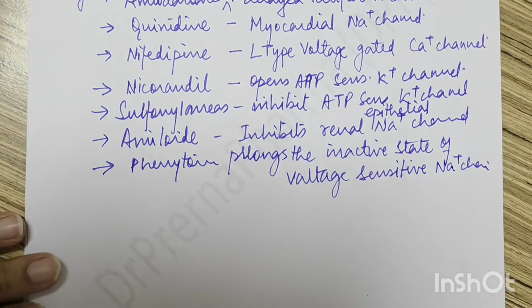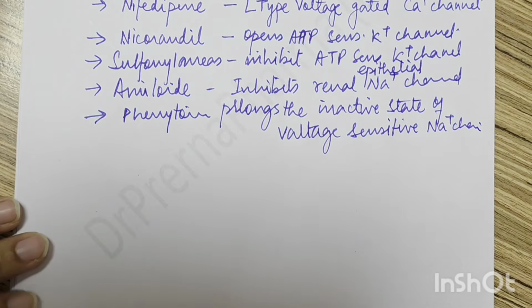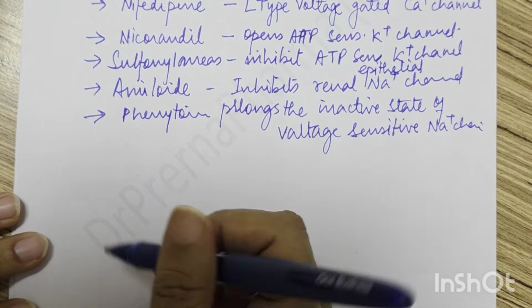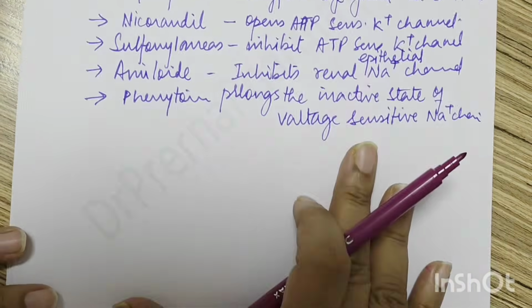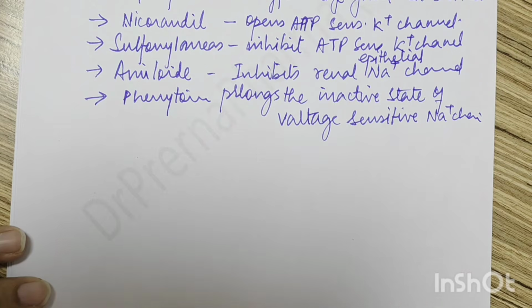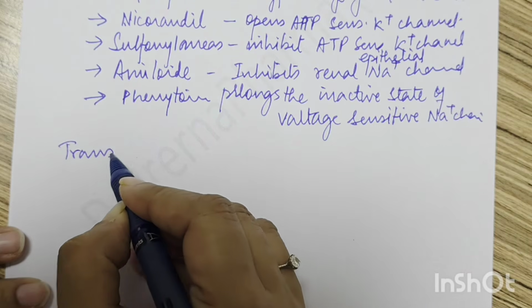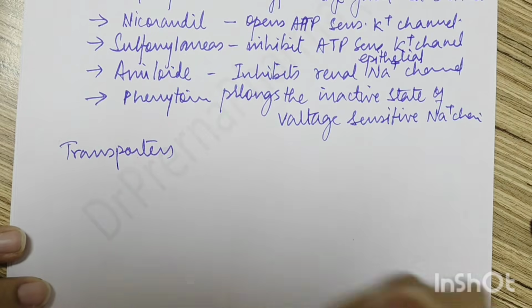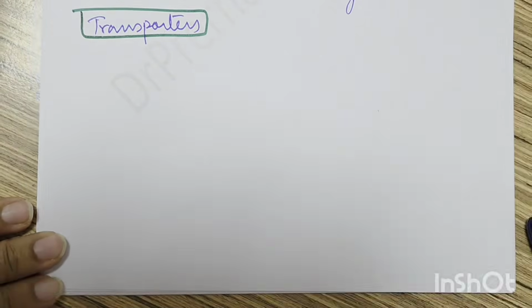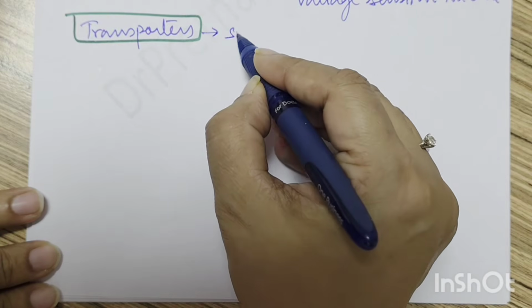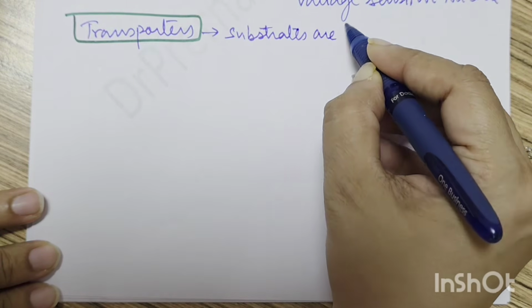So these are various ion channels which play a role in the enzymatic reactions. So this, we had discussed, was ion channels, right? Now the next that we are going to discuss is the transporters. Now why are transporters important? Transporters, right? Now what are transporters? Basically, several substances are transported. So substrates are transported